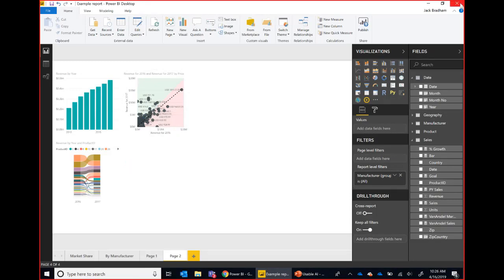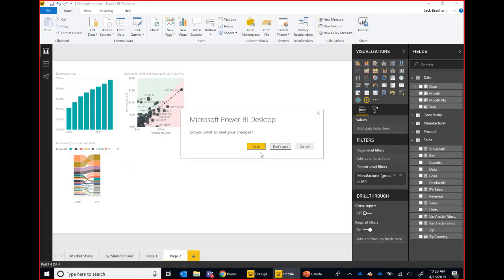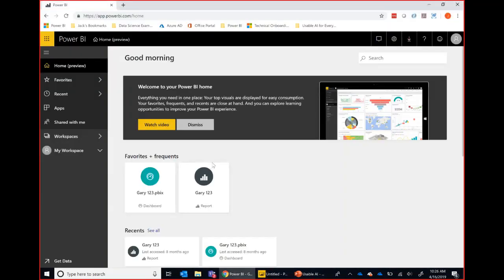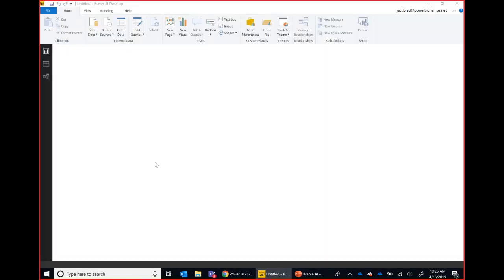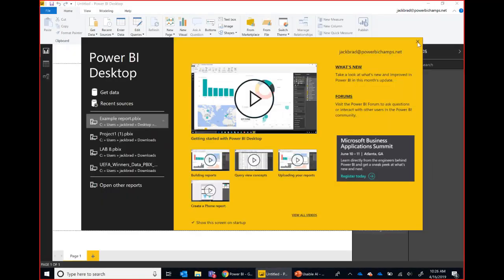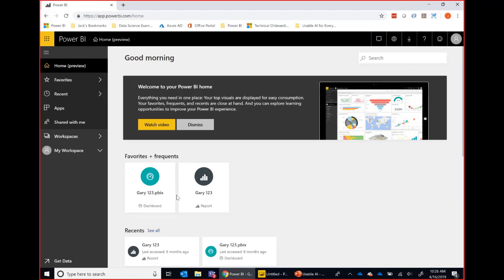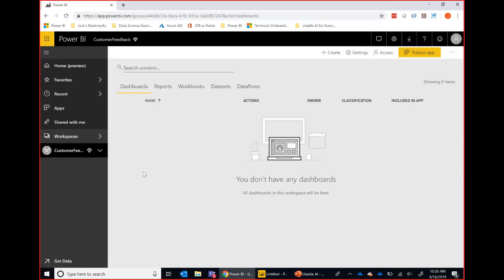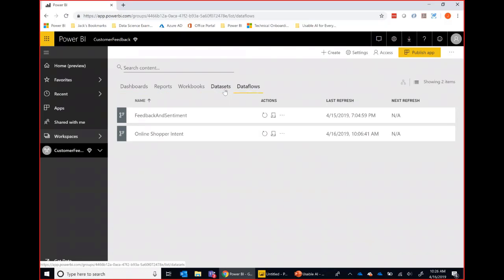There's so many features I would love to show you in this tool. I'll just save that out. I don't really need it for later. What I'm going to do, so we talk about in our Power BI about data sets and data models. But another really popular tool and piece is a data flow. So a data flow is a little bit more like